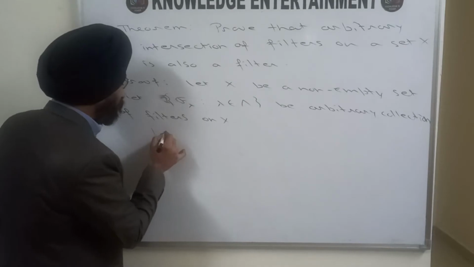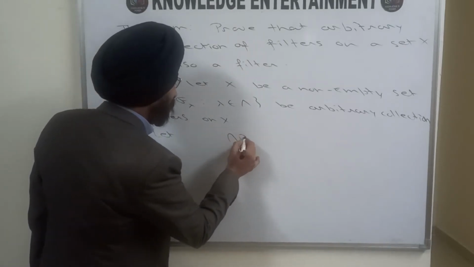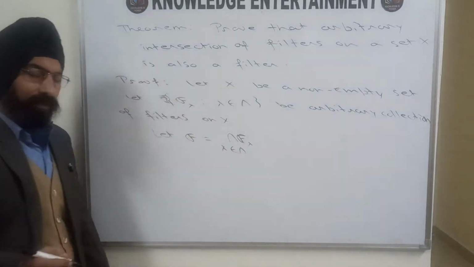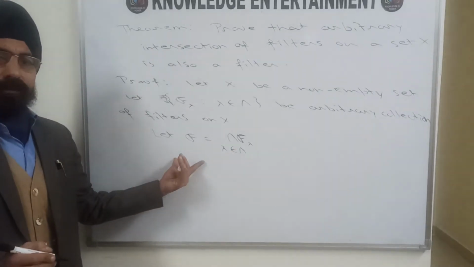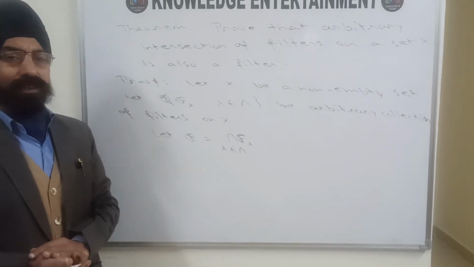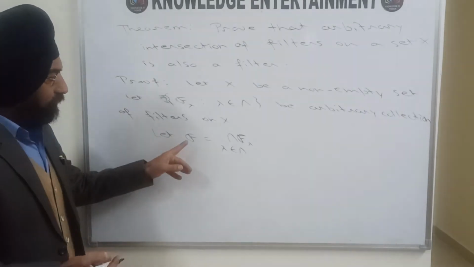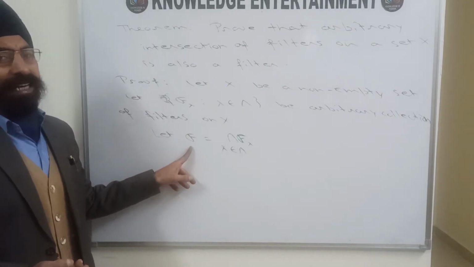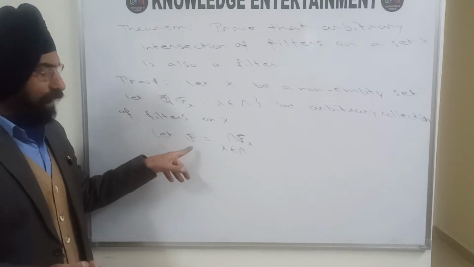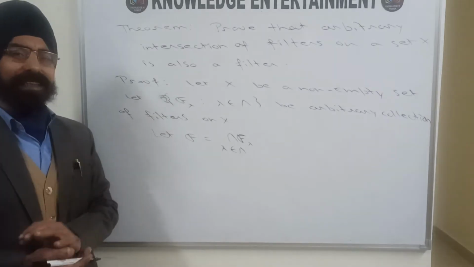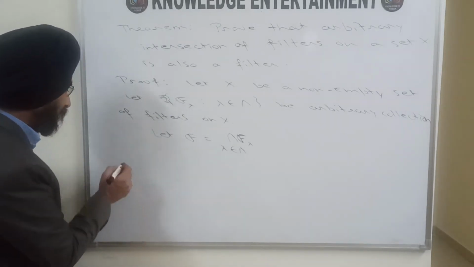So let us name the intersection of F_λ, where λ belongs to that particular family, as F. Let this intersection be named as F. We have to show that this F is also a filter. That means we have to show the three conditions. That means φ does not belong to F. If a set F belongs to this intersection and H is a superset, then H must also be in this set F. And if F and H are two members of F, their intersection will also be a member of F. So firstly,